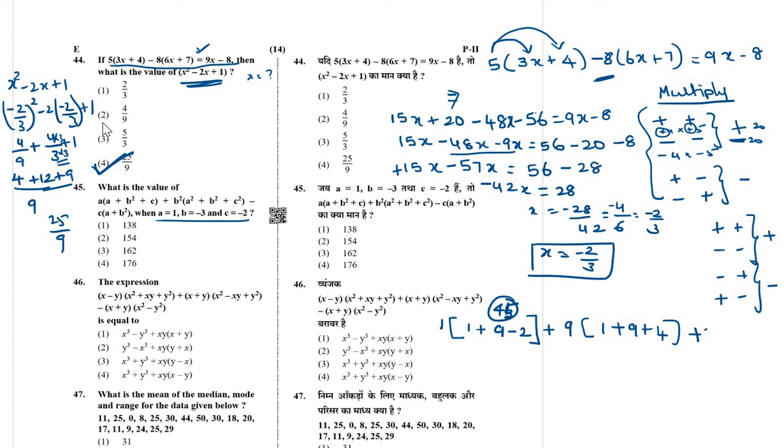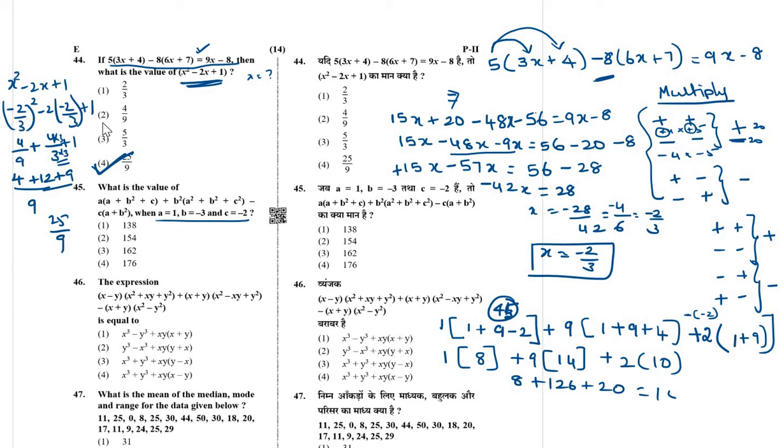Minus of minus 2. Here you have to write one more step, this will be minus of minus 2. So, minus into minus is plus. So, A value is 1 and then B value is minus 3 the whole square, that is 9. So this is 1. 10 minus 2, 8, plus 9. 10 plus 4, 14. Plus 2. Okay. So 8. Multiply these two, 9 into 14, 126, plus 28. The value equals 154.